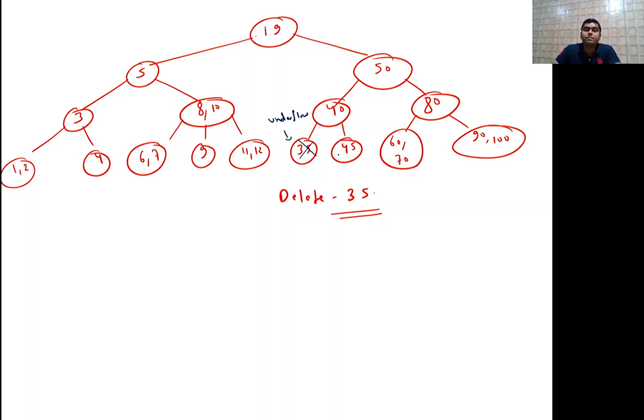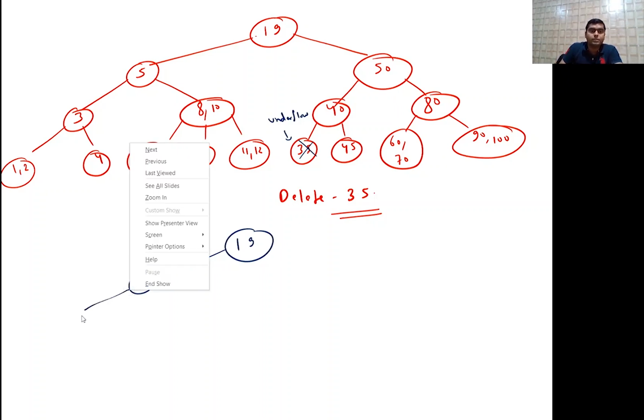So the sibling is also not in a position to give. So finally merging will happen. In the case of merging, 40 and 45 will be merged. So in that case 19 is here, and on the left there is no problem, 5,